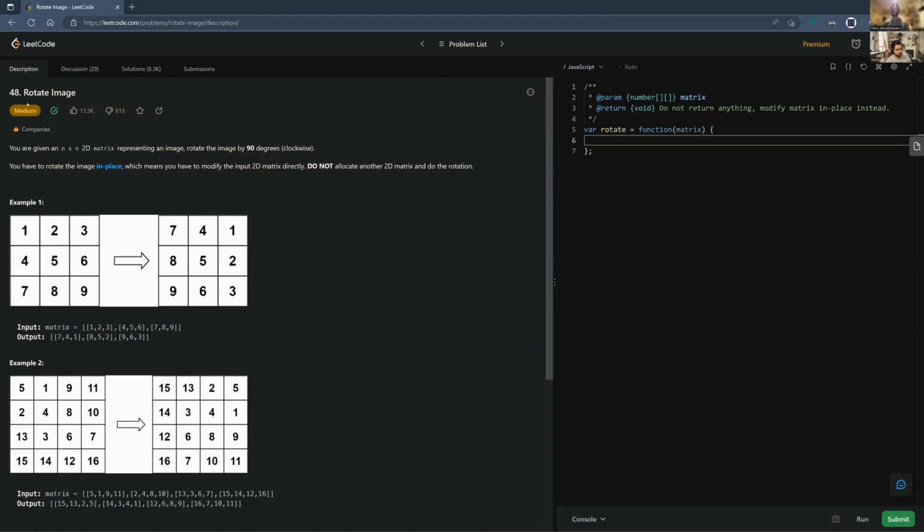So we're going to be doing question 48, which is rotate image. Basically, what we're going to be doing here is that you're given a matrix, which is basically an array of arrays. As you see right here, it's just one huge array with smaller arrays inside of it. And what they want is to basically take this original array and then rotate it onto its side